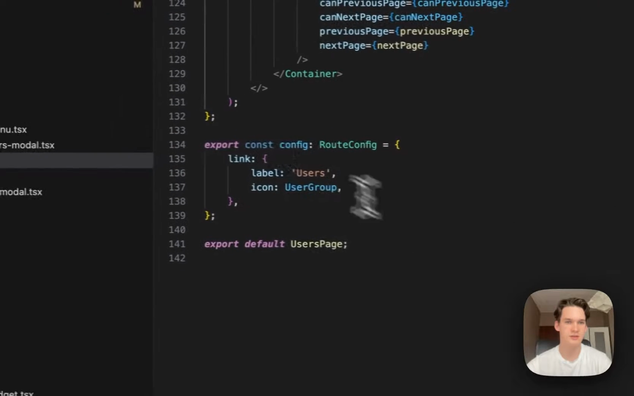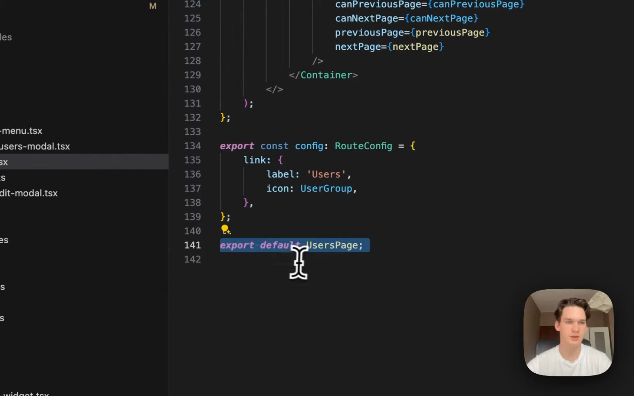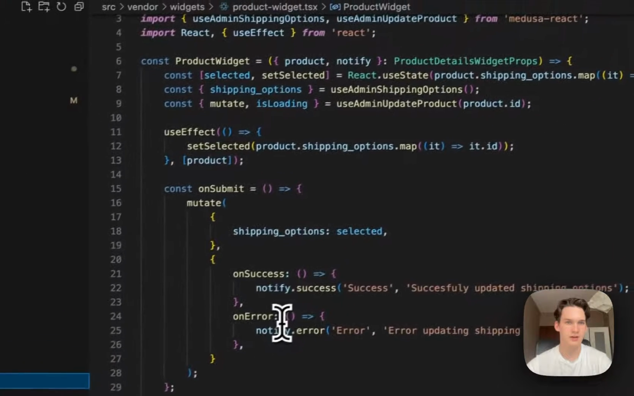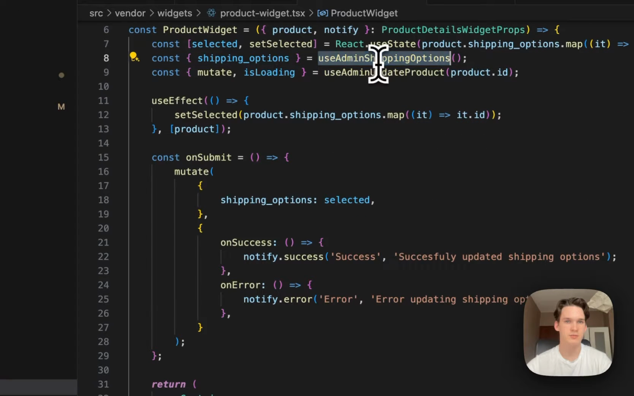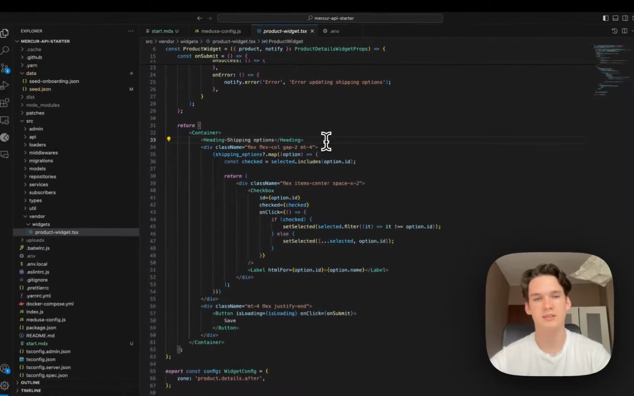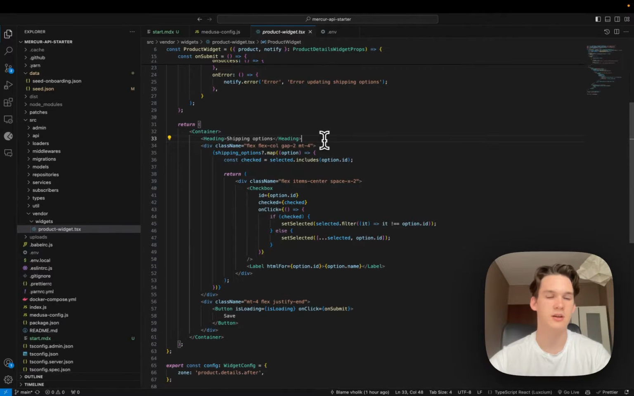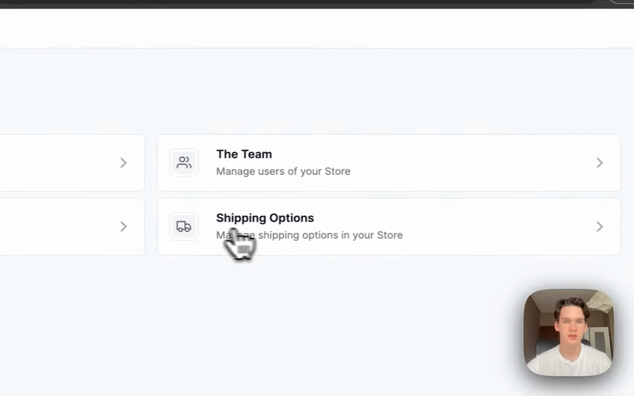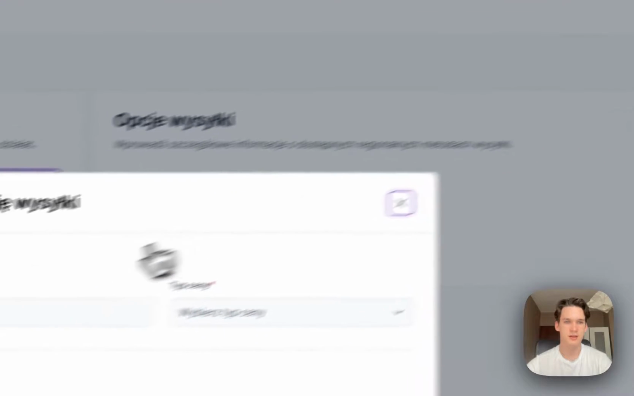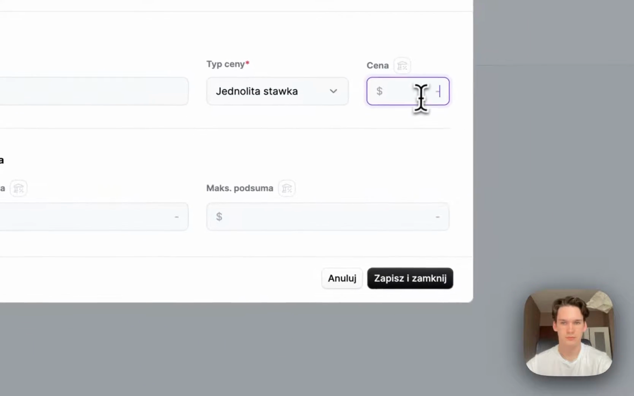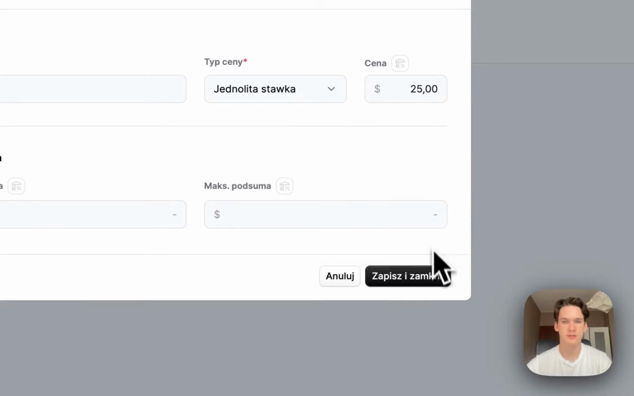We just added the config and we just added this page. In the vendor panel, for example, I have added the shipping options feature. For example, the marketplace vendor wants to add some different shipping options based on the product. So he can go to the settings, go to the shipping options, and add some shipping options, for example, express. We can make the price $25